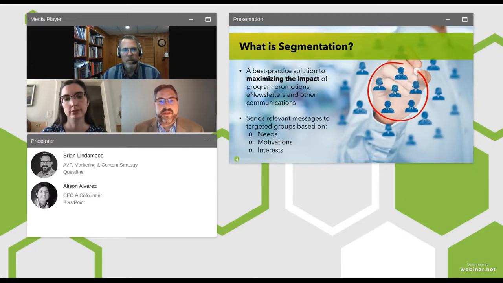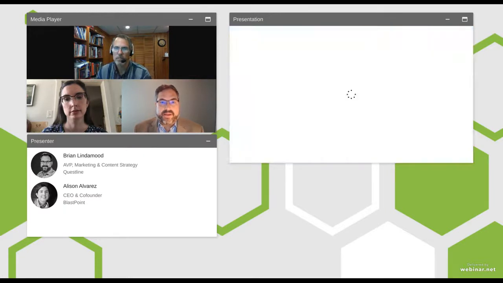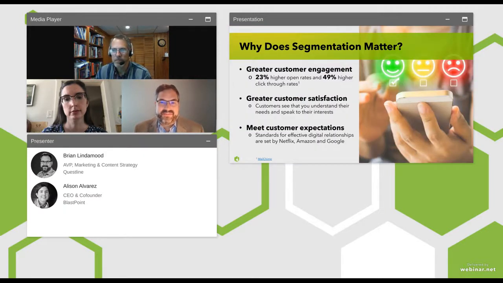By identifying the interests of your customers, by identifying their motivations, and then organizing them into groups or segments, we can act on that information. Now we can address each segment with information we know will be relevant to them. But why bother going to the trouble of segmenting your customers just so you can send them each a different message? I mean, that sounds like more work to me, right? Why not just send them all the same message?